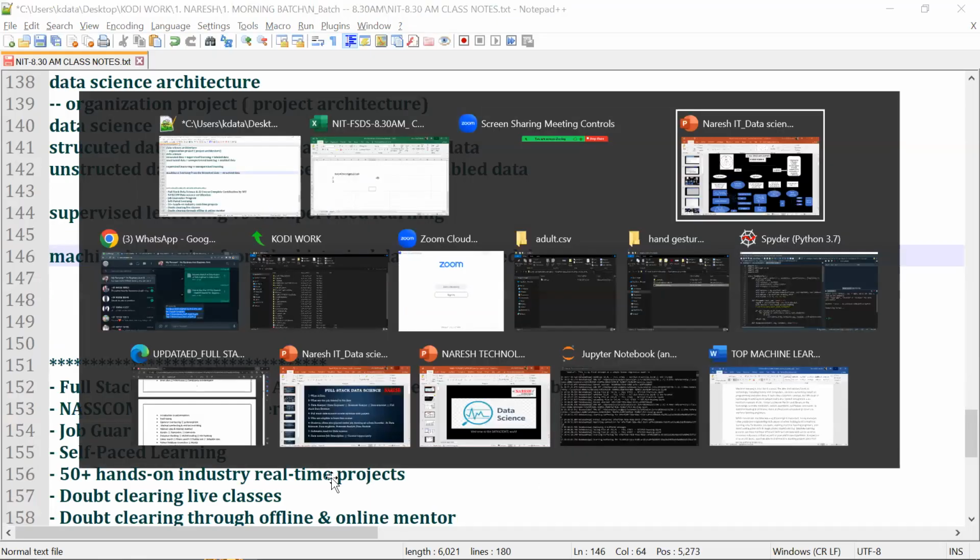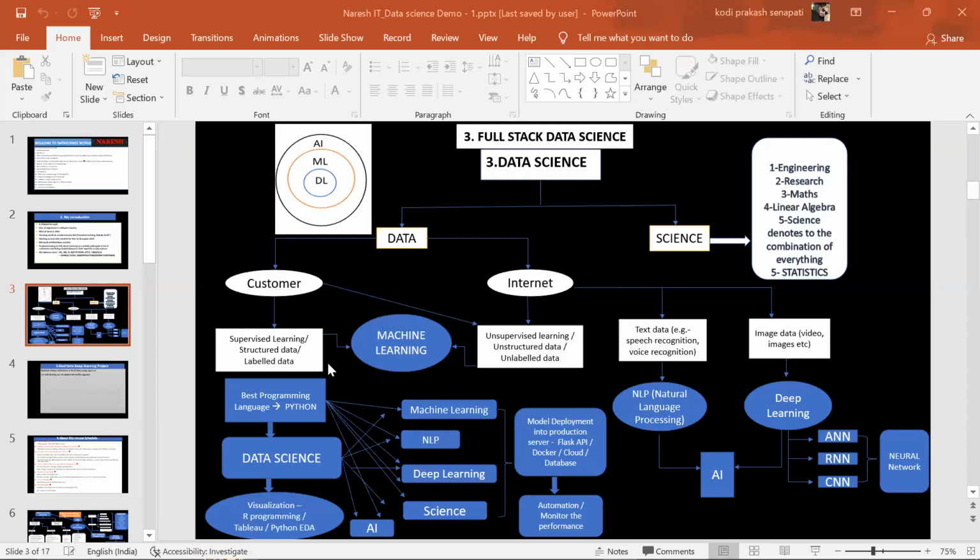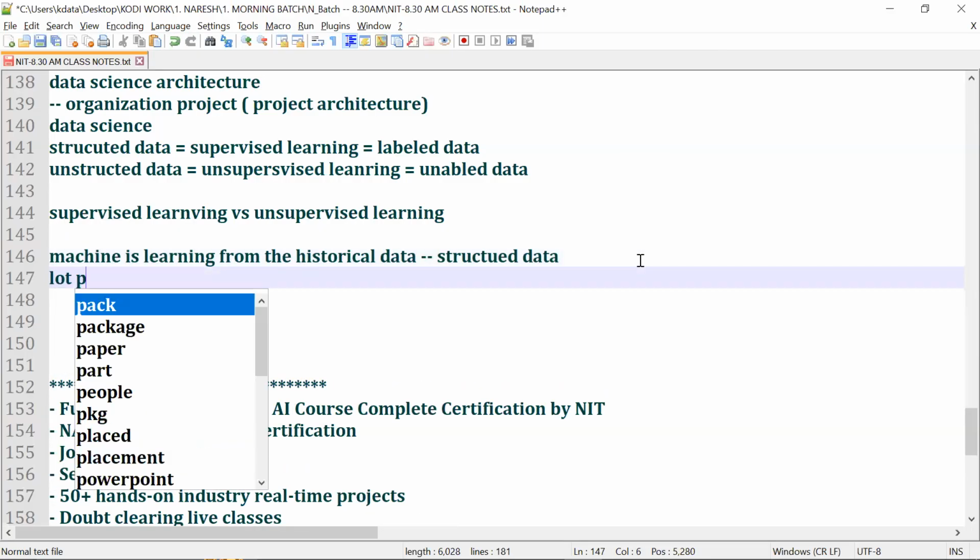Let's go back to this one. To build this supervised learning, on Thursday and Friday we built one project using which programming language, guys? Python programming. To build these projects, we learn Python programming and data science. For data science, Python is the best language because Python has a lot of packages.